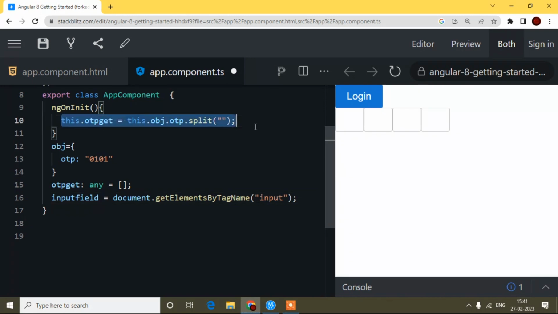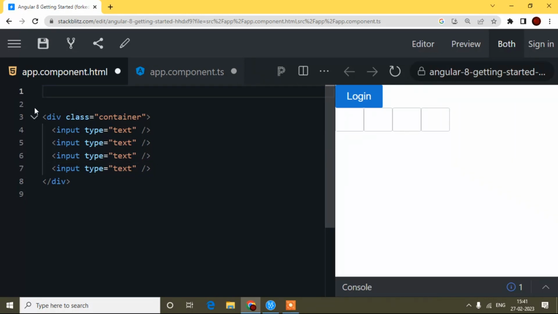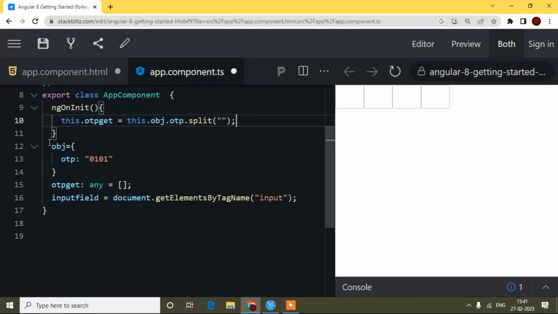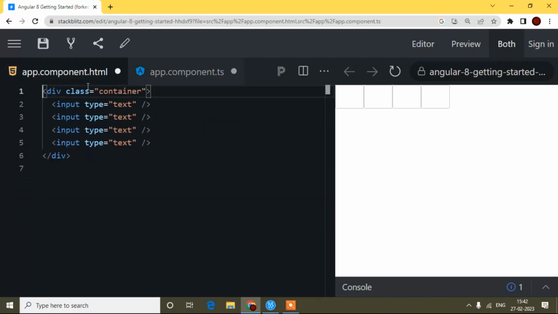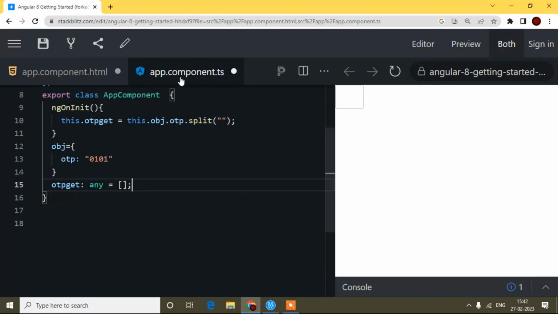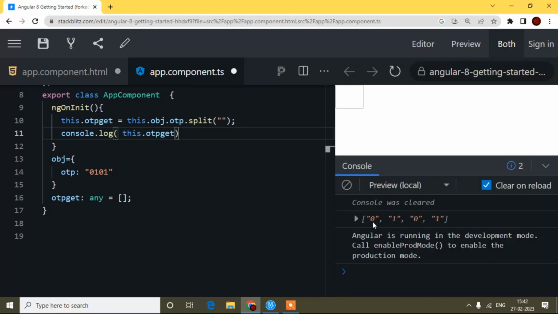So now like this. Simply what I did, I will remove the login button first. And here I will make it top, and just see this thing, this I'm getting from the API. This one I converted into an array and stored here. And this thing is also not required. Now here I will remove this thing. So here if I console this thing, let's see what I will get. I already have shown, but again I'm showing. If I console this thing and open the console, see, I'm getting an array.